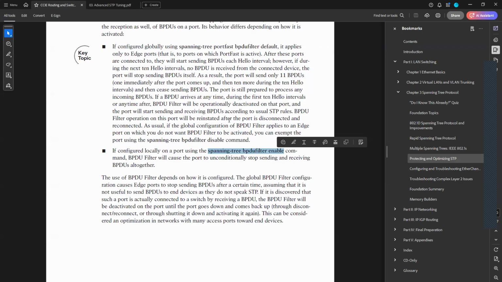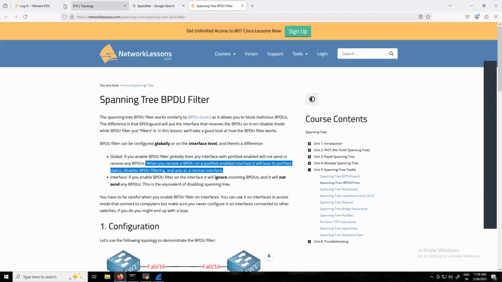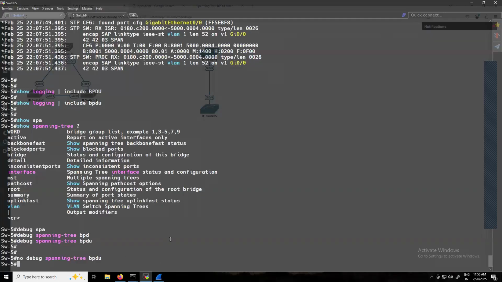So BPDU filter will be deactivated only if you are configuring it globally. Okay, if we are configuring specific to the interface, it will unconditionally stop sending and receiving the BPDUs altogether. Okay, so in this case, it will not be deactivated. Okay, and if I go here, let's say, not this one. Let's say instead of configuring it on the